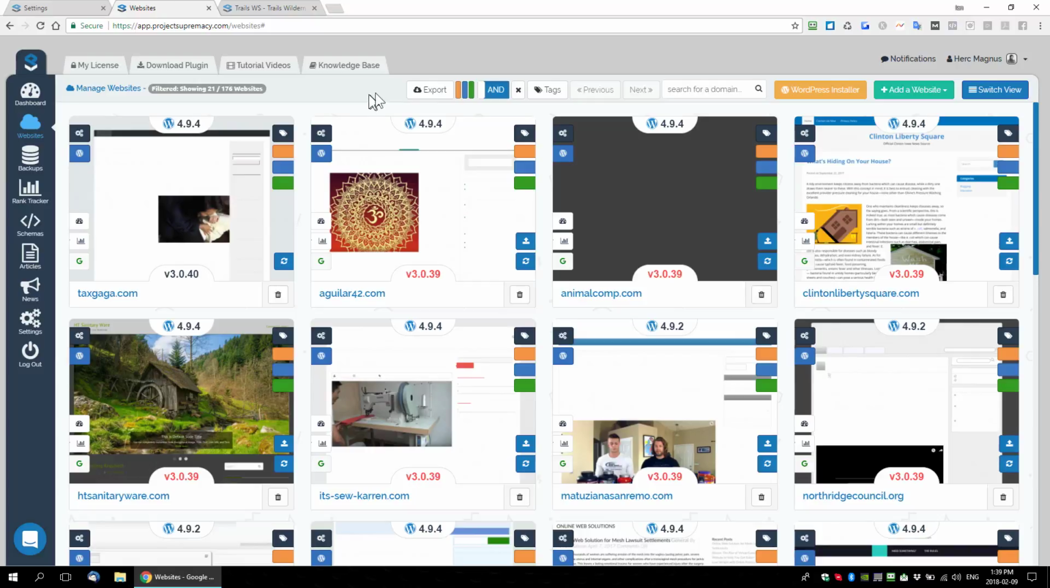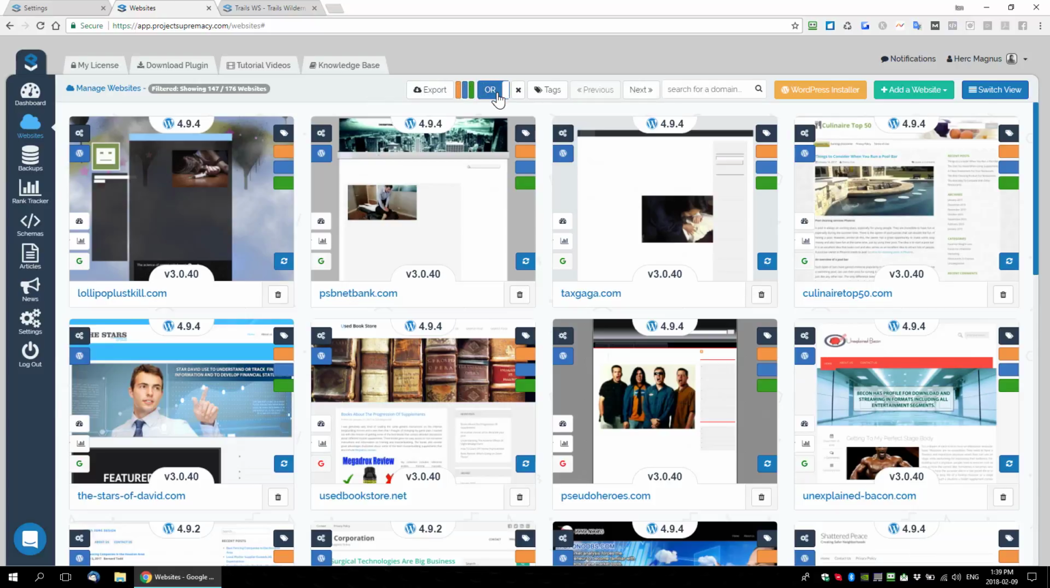Now, however, if I switch this over to or, you can see my websites have now shot up to 147. What this means is show me all my sites that are hosted on Easy Blog Networks or they're on name.com, meaning it needs to have any of these tags but not all of these tags. Okay, and these become very, very useful filters when you need to see certain groups of sites